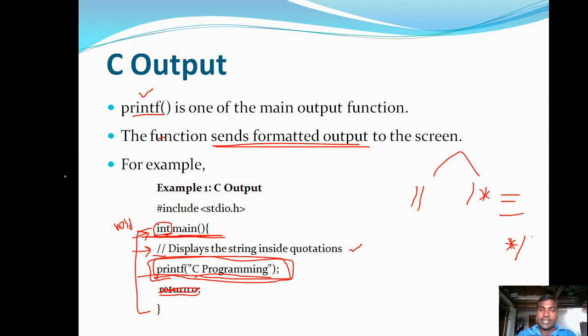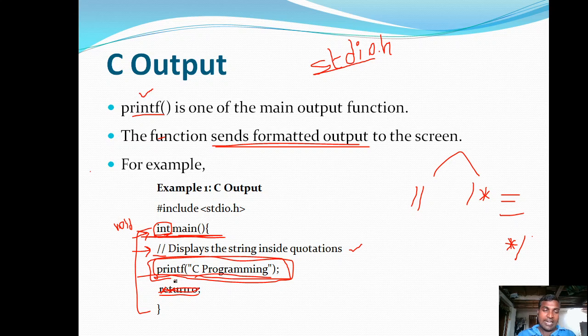This printf is a standard output function that is available in stdio.h. stdio.h is a standard input output header file. It contains all the functions related to input as well as output.